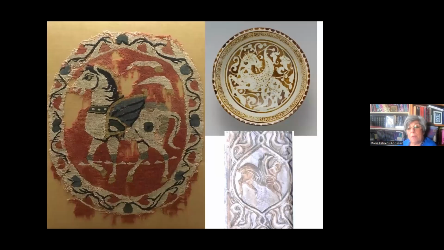Besides this, we also have in many of the decorative arts of that period motifs that have already been there and widespread in Coptic art. We have here a Coptic textile showing a winged horse, and a luster ceramic dish of the Fatimid period showing their interpretation of the winged horse, which is a masterpiece of ceramic art, and a marble panel also of the Fatimid period showing a winged horse, which could be a mixture between centaur and winged horse because it has a human figure.